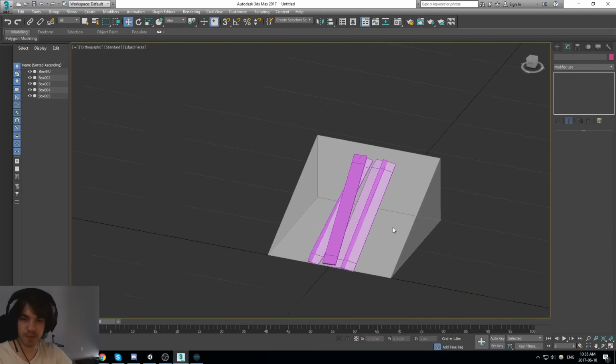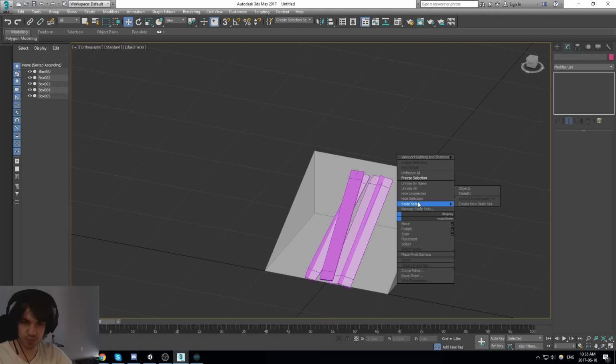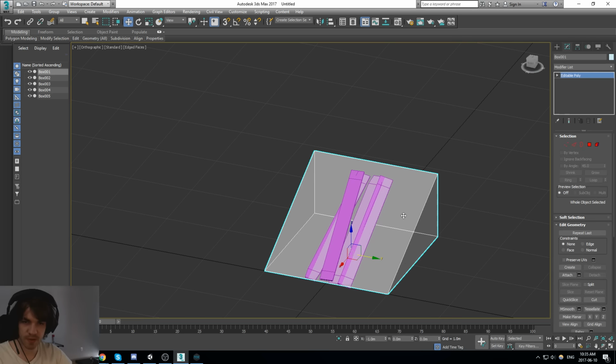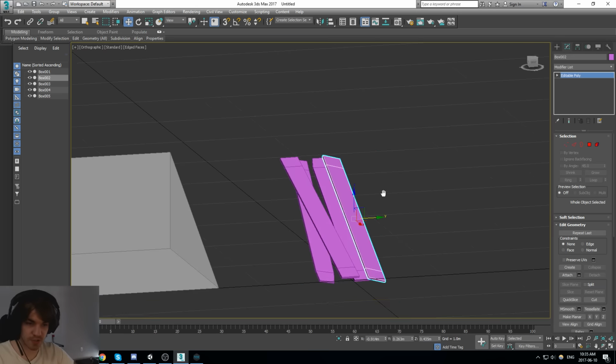Okay, so that looks like it makes a little bit more sense. I'm going to unfreeze. Maybe move this around. And I'll just merge these objects together.